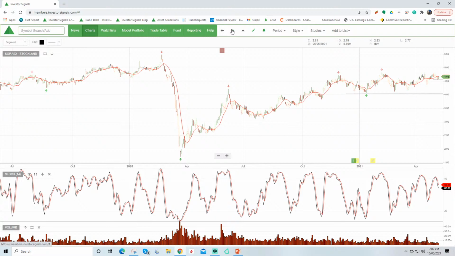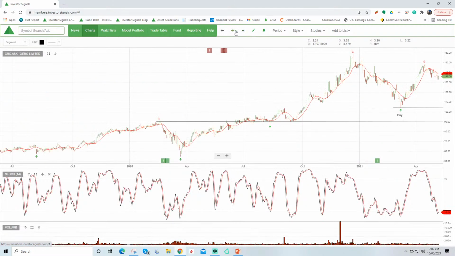Stockland, we've added a little more of this into portfolio, supported around that 450 level. We own it from lower levels here when the algorithm switched from sell conditions into buy, but added a little further exposure there to Stockland just in the recent weeks.